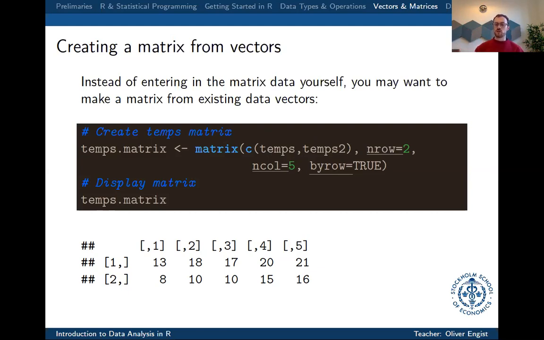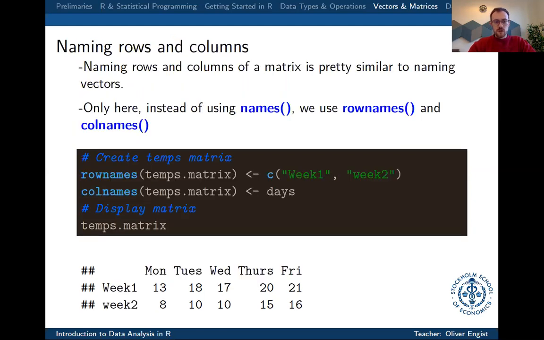You don't nest functions too deeply, but rather save these variables, or save the output of these commands, as separate variables, and then use them as an input. It just makes your code much more readable. Since when we're looking at matrices, we have two dimensions with rows and columns,